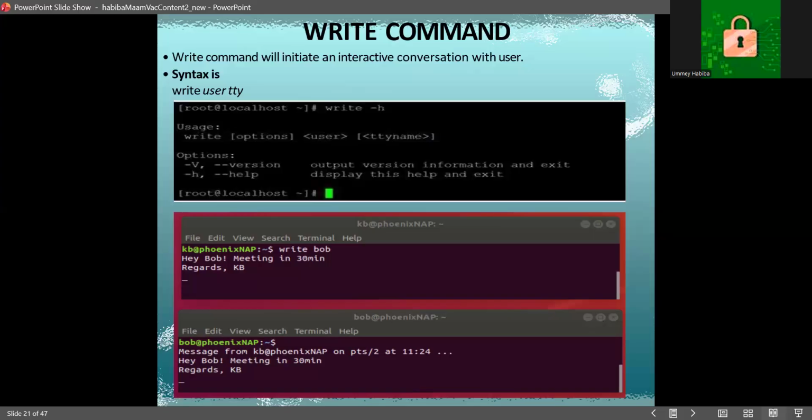For example, write user1 pts/2 sends a message specifically to the terminal pts/2, which is the terminal used by that user. The who command is often used before write to check which users are currently logged in and which terminals they are using. The write command is commonly used by system administrators and users in shared computing environments to send quick